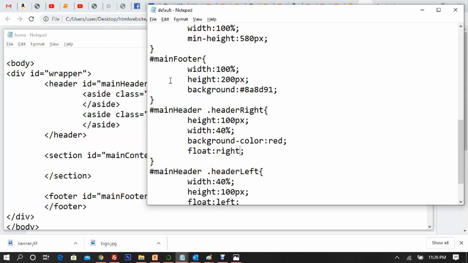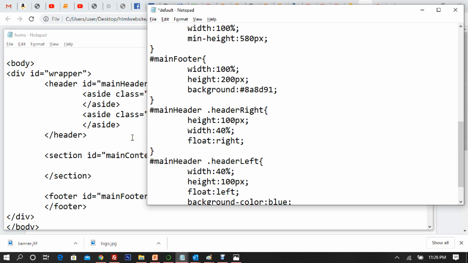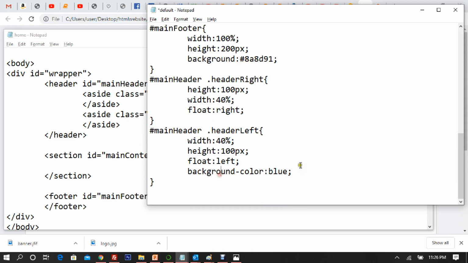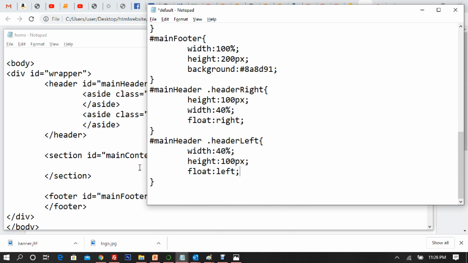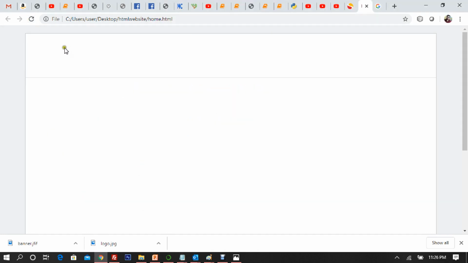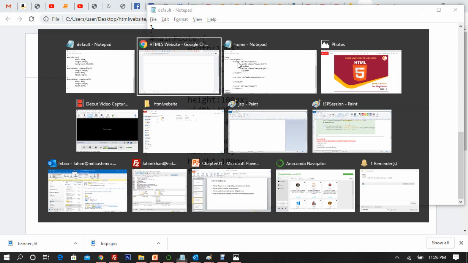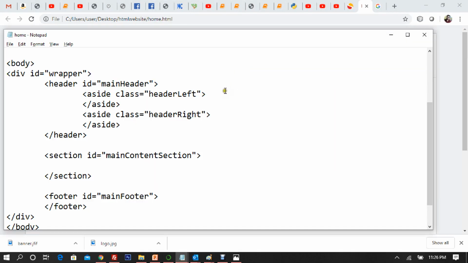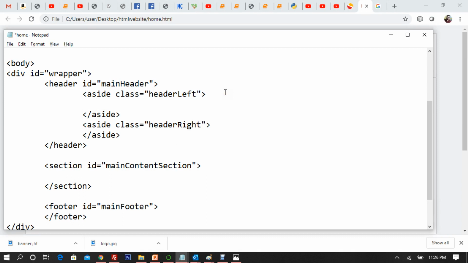So do you require blue and red color? You may say yes, but I hate these dark colors, so no contrast. Our website should be contrastless. And let me refresh. Now we know that we have a div from this side and another div from this side. So let me go ahead and create another div here,